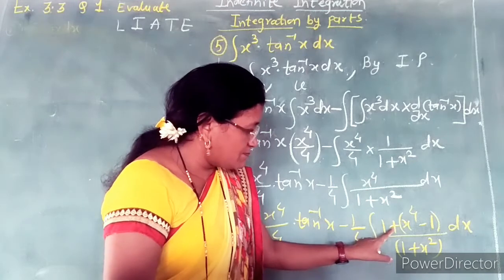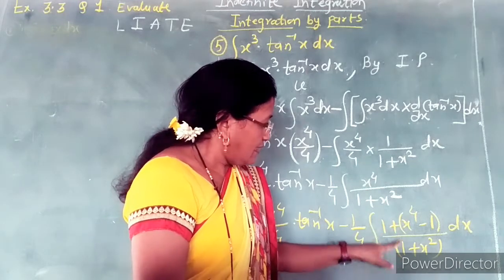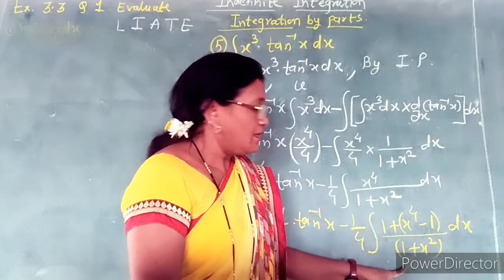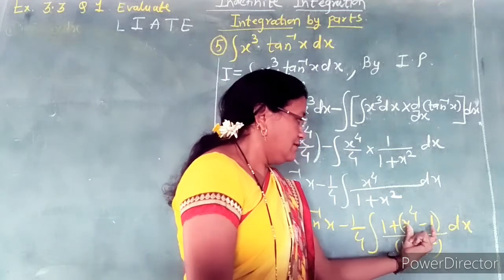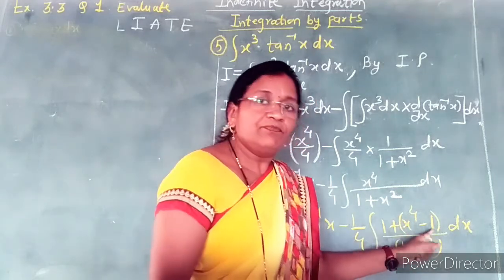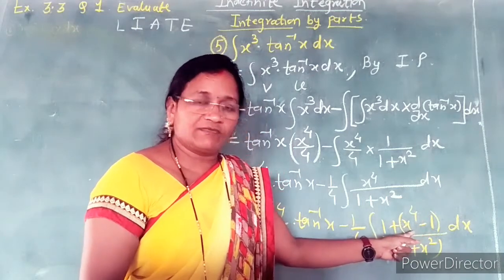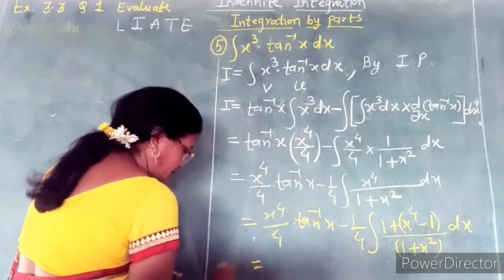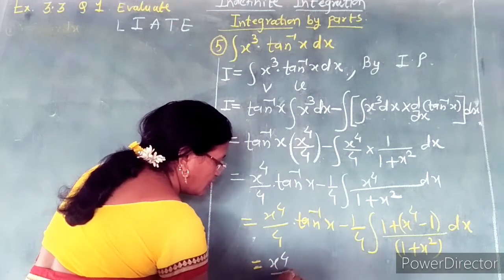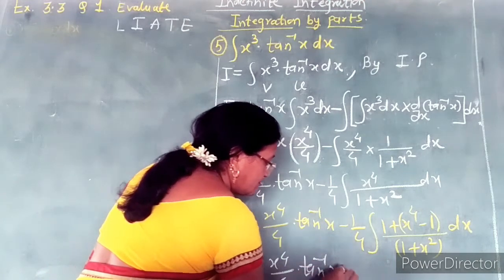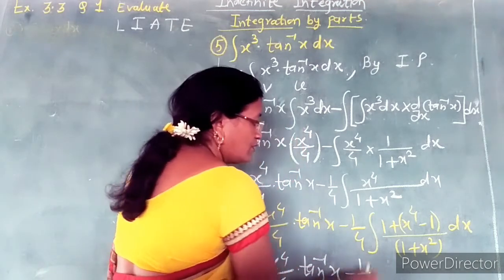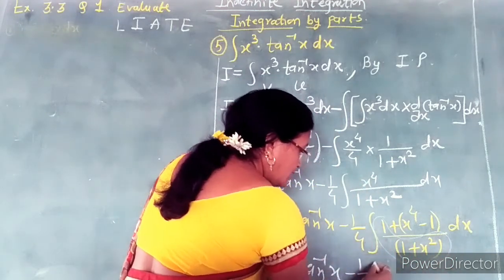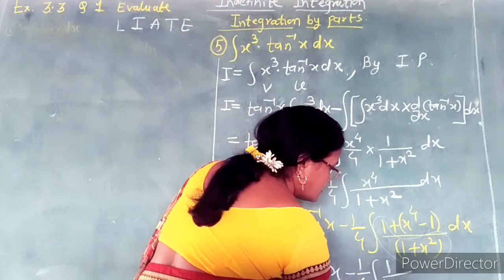Now from this plus sign we can separate the denominator, and x raised to 4 minus 1 divided by 1 plus x square, you may write as x square plus 1 because addition is commutative. Again you know that the factors of x raised to 4 minus 1 are x square plus 1 and x square minus 1. So the x square plus 1 factor can be cancelled out. So we write the simplification for this as x raised to 4 upon 4 multiplying tan inverse x minus 1 by 4 times the integral, first this integral of 1 upon 1 plus x square.